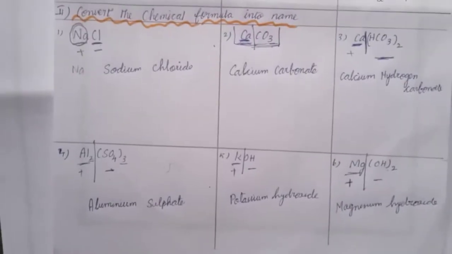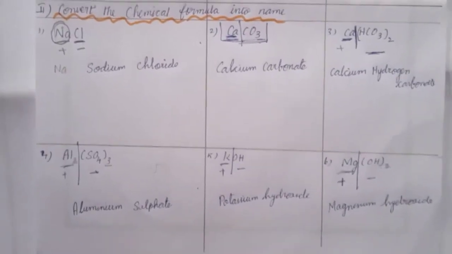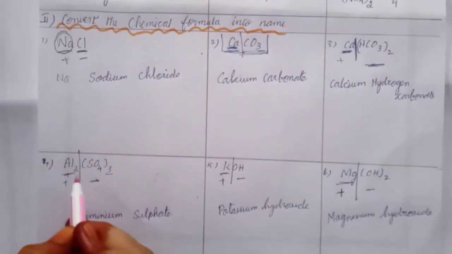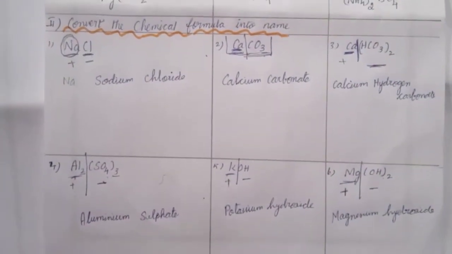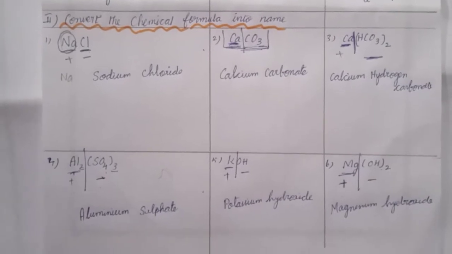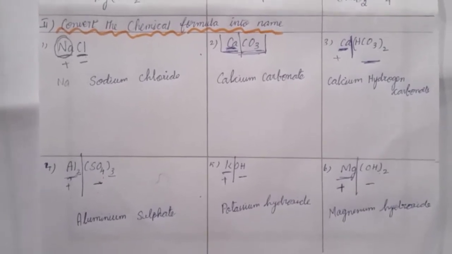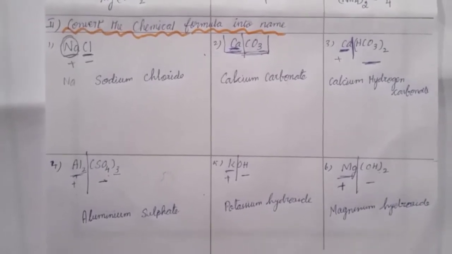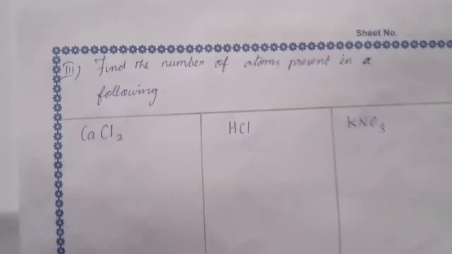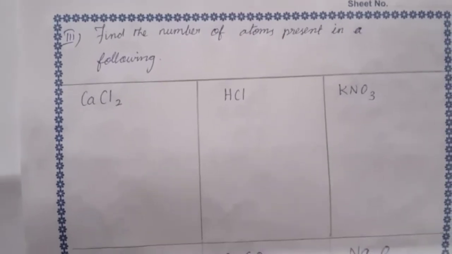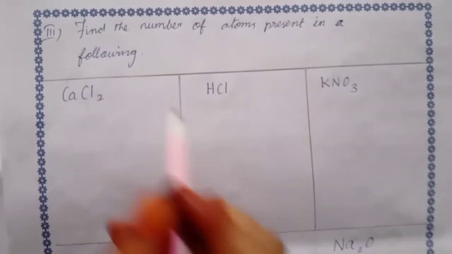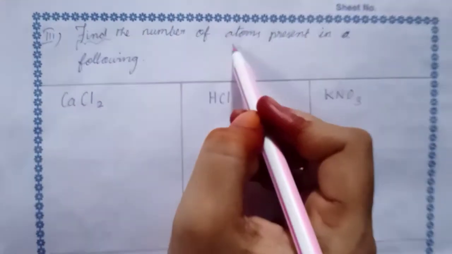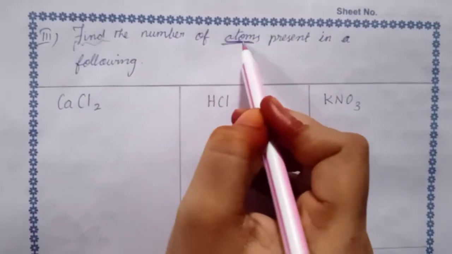First we have to identify the positive ion, or simply memorize that the first one is positive and the remaining portion is negative, or otherwise, simply metals are positive and the remaining portions are negative. This is the simplest way to do this kind of exercise. And next, find out the number of atoms. Here don't consider the ions. Ions are not relevant in this topic. Here you only find the number of atoms alone.